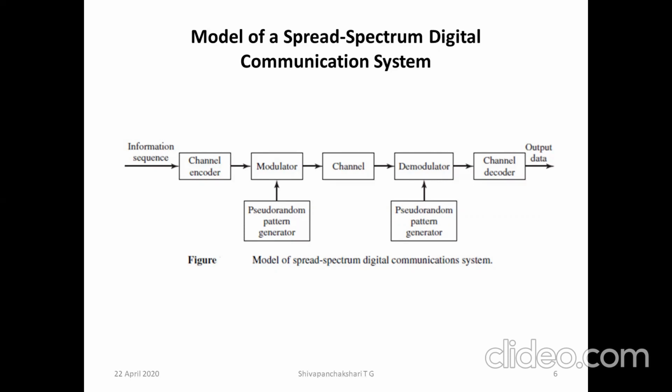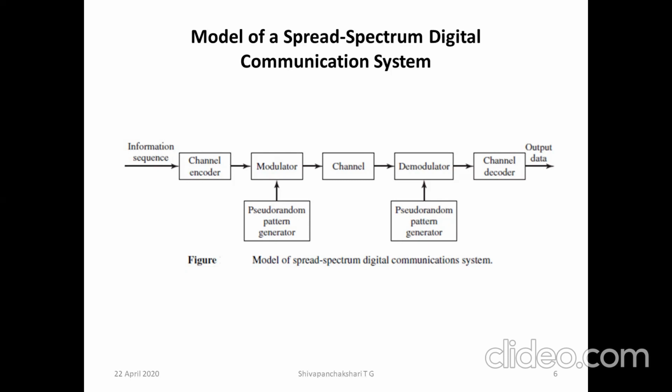using a special signal called a pseudo-random sequence. This is the essence of spread spectrum technology. The spread spectrum technology is characterized by usage of a special sequence called a pseudo-random sequence or PN sequence, pseudo-noise random sequence, which helps the information signal to spread its spectrum over a wide range.